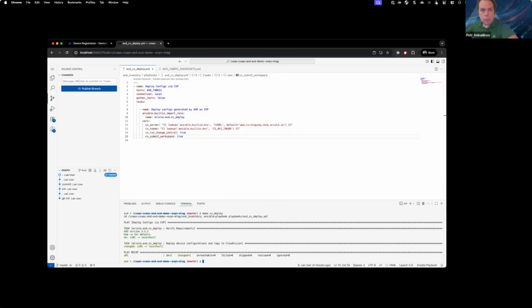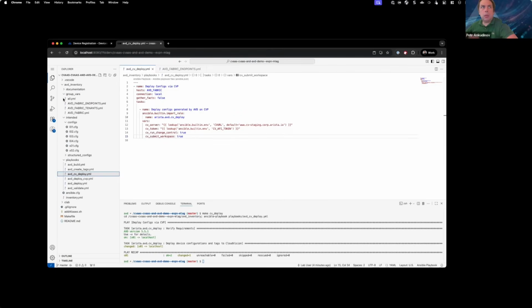So thank you, Tamas. One other thing that I would like to show is a knob that is called CV settings. Because this is not directly related to CV deploy roles that we are discussing, but this is one of the recent advancements in AVD in general that is related to how we configure CVP in our repos. And as you can see,